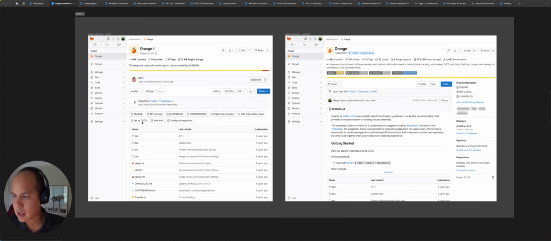Set up CI/CD, configure integrations. At the moment, these are like dotted buttons. The real question is, why do I want to do this, or what can you do? So now you have this right sidebar area, which is influenced by our merge request design,